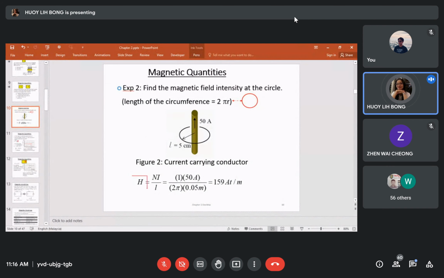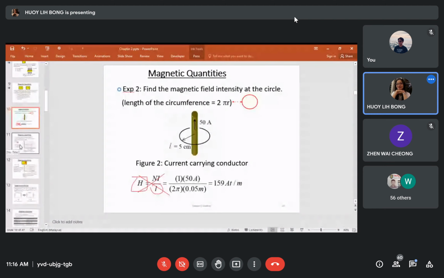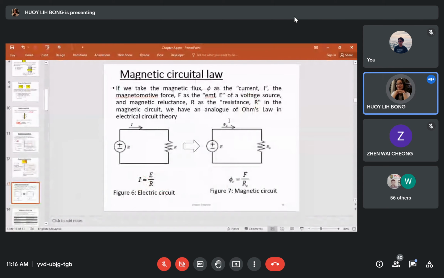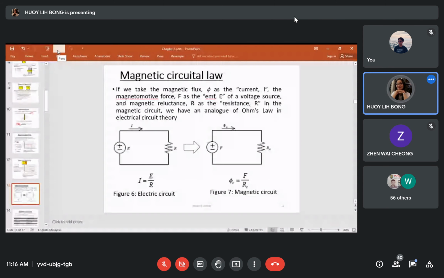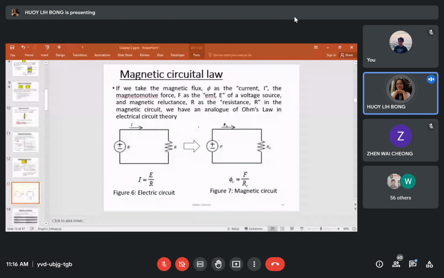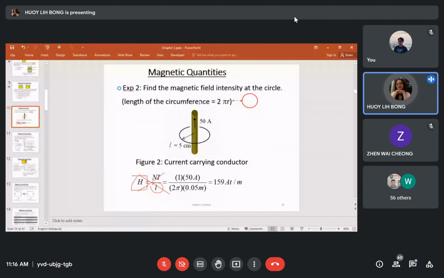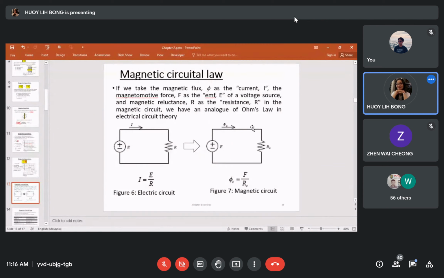We don't use it much because, as you can see, it's per length. If we solve a question like this one, it looks more like a transformer. So we're not dealing with one thin wire like this. Although when we draw the equivalent circuit it looks like a thin wire, it's not a wire. It's just a representation for